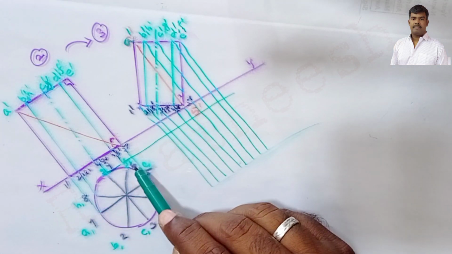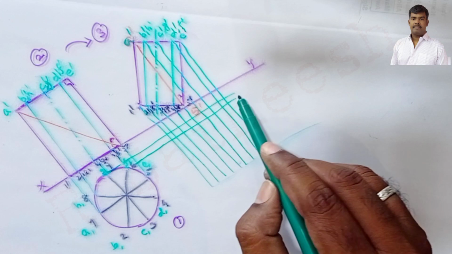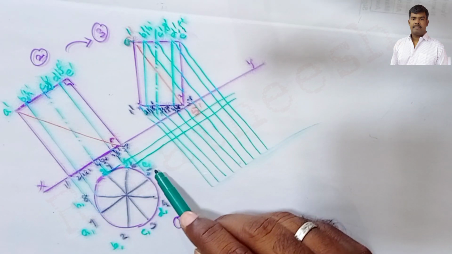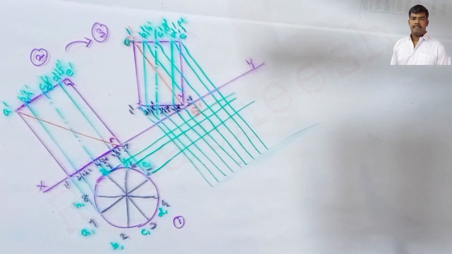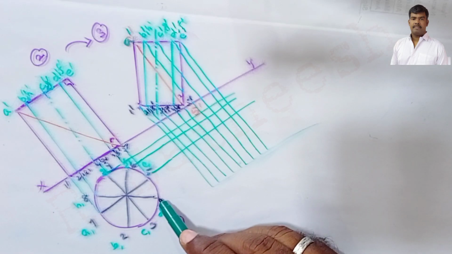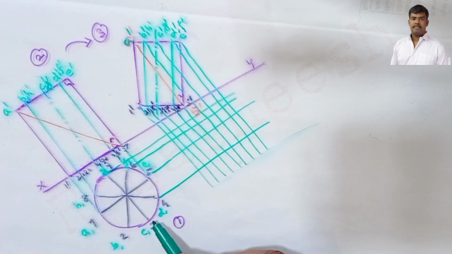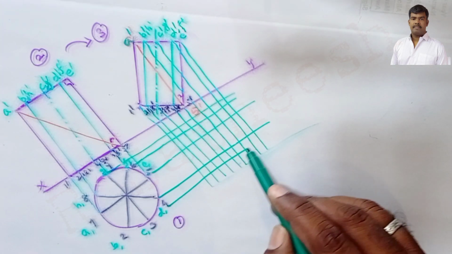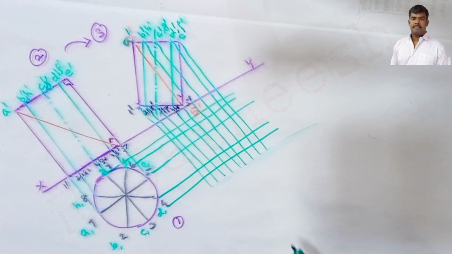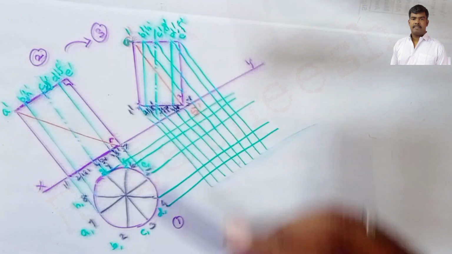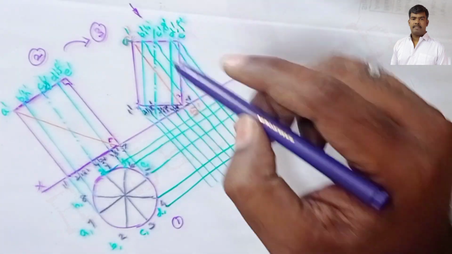H, 8, F, 6, 4, 1 projection line. A, 1, 5, E projection line. B, 2, 4, D projection line and C, 3 projection line. Clear? Finally, while seeing in the top view, the top